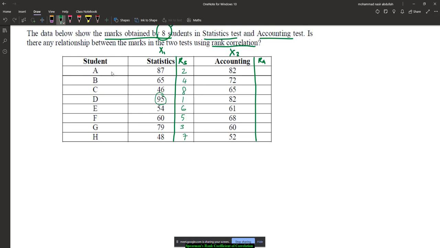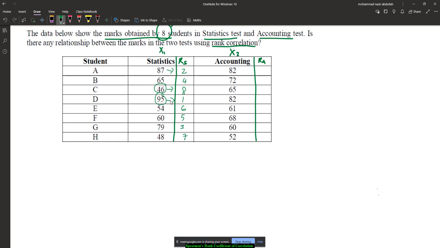Can you understand how I rank this one? Can you understand? How we rank for statistics here: we rank from the highest value, which is 95, which gets rank number 1. The second highest, which is 87, gets number 2, until the lowest, which is 46, which gets the lowest rank value,